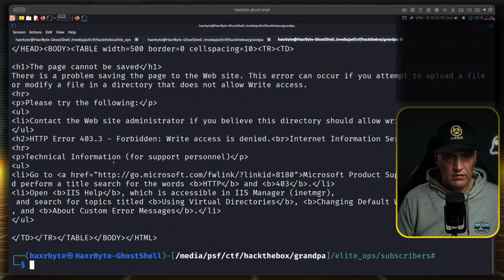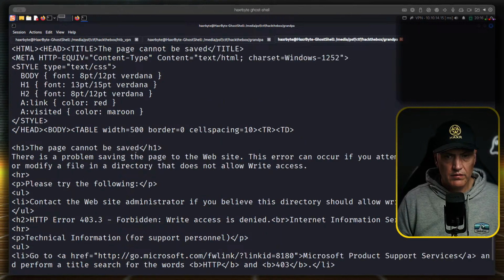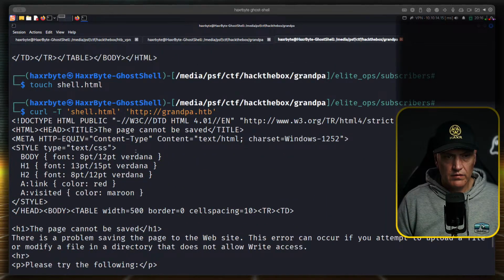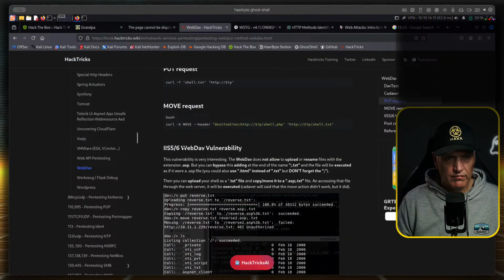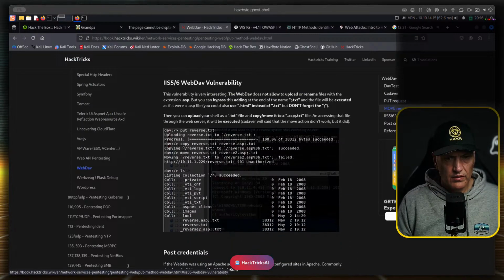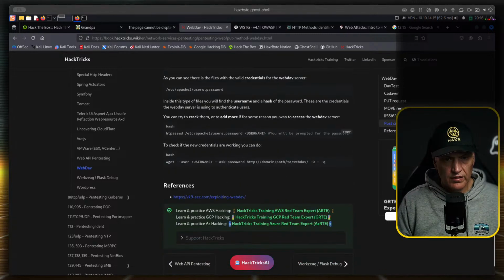HTML. Okay, so we can't PUT. So WebDAV. It is very interesting.